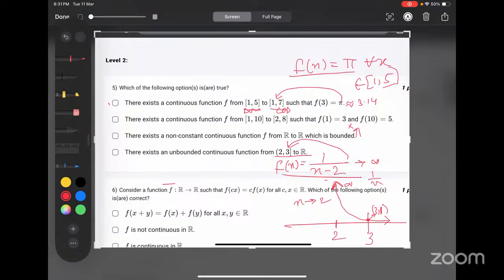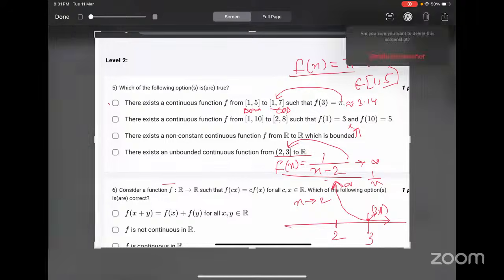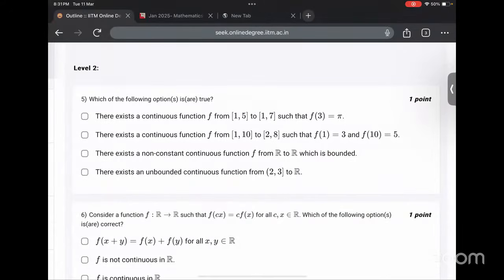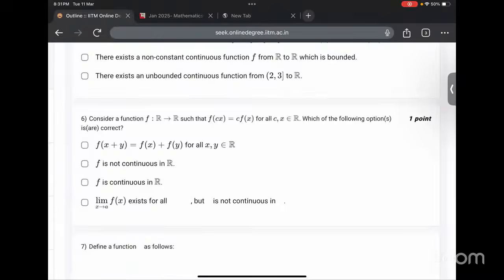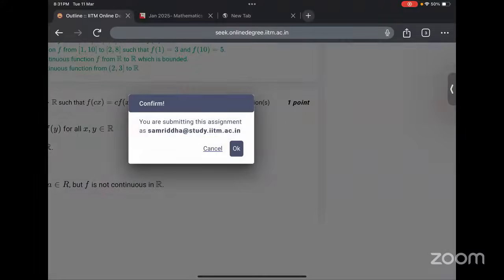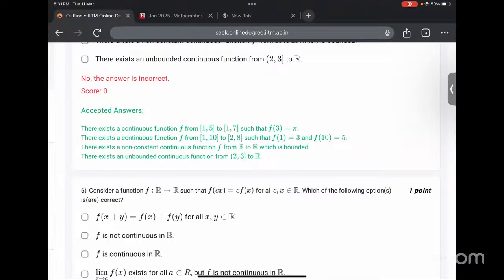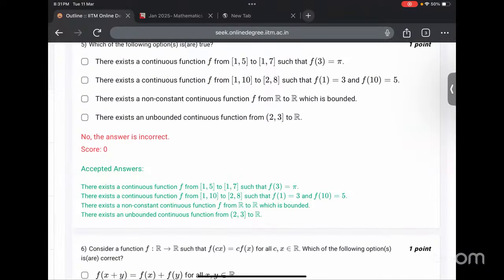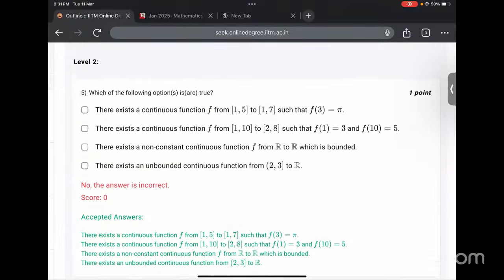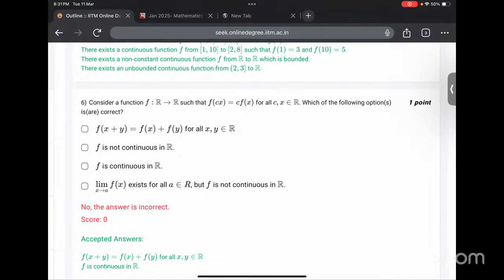Any doubt in this question? Anything else? No, ma'am. Good. Okay. Next. All the cases are correct, huh? We can check. Yeah, all the cases should be correct then. Yes, ma'am. All the options are correct. So we found an example for all the options. Okay. Next,